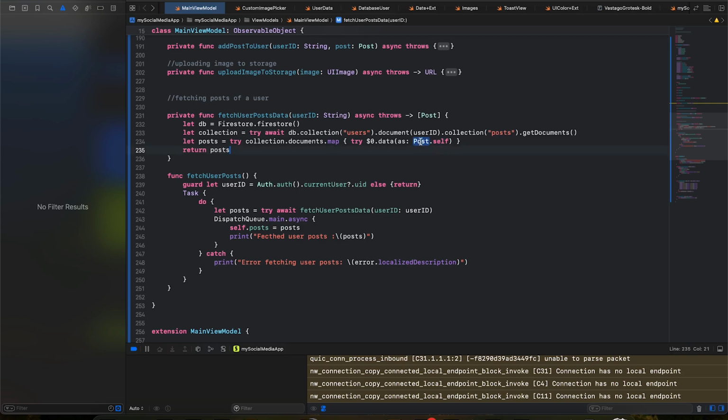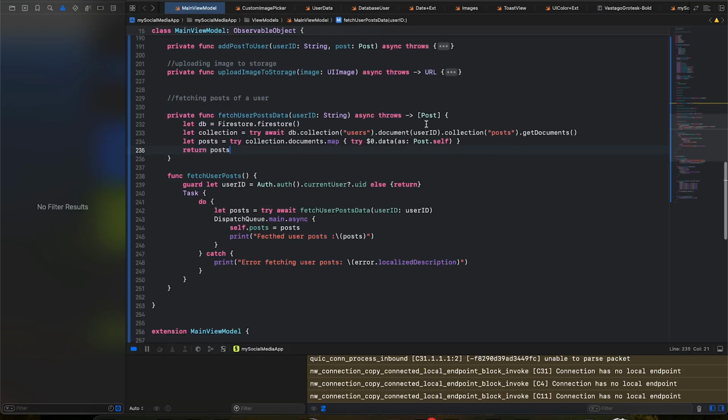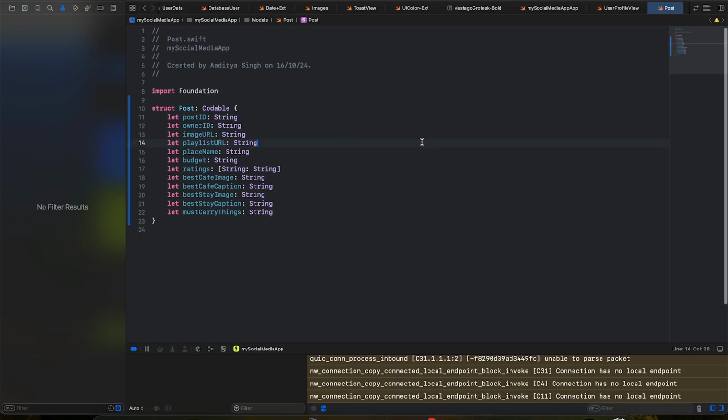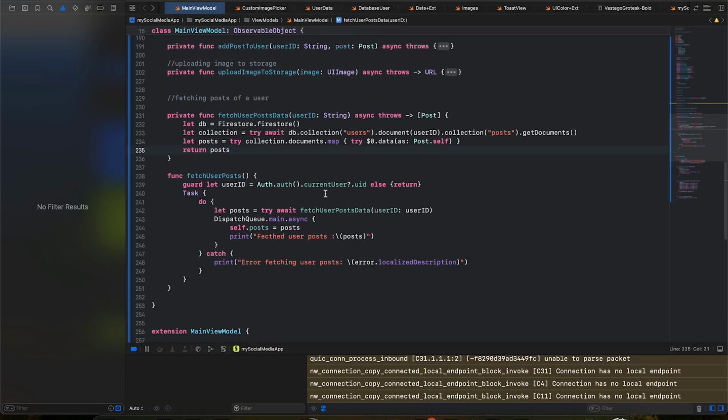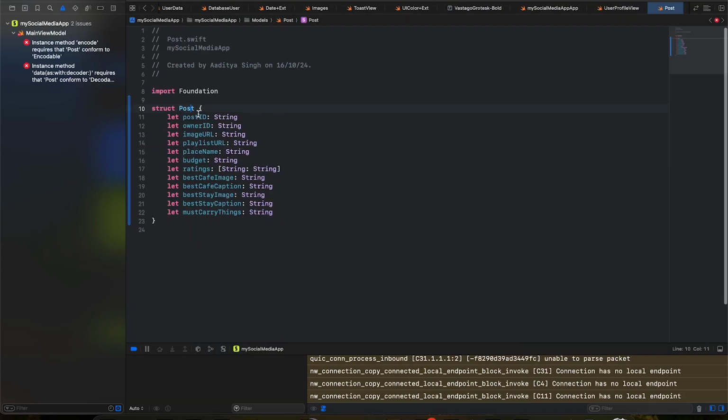And I think post conforms to the type codable as well. That is why it is possible. If we were to remove that codable property, I don't think it should work out. So let's just see for ourselves. Yeah, exactly. So basically it does not conform to the type decodable because we are decoding each and every document we get from this post collection, and then we are converting it to a post type inside our Swift tab,